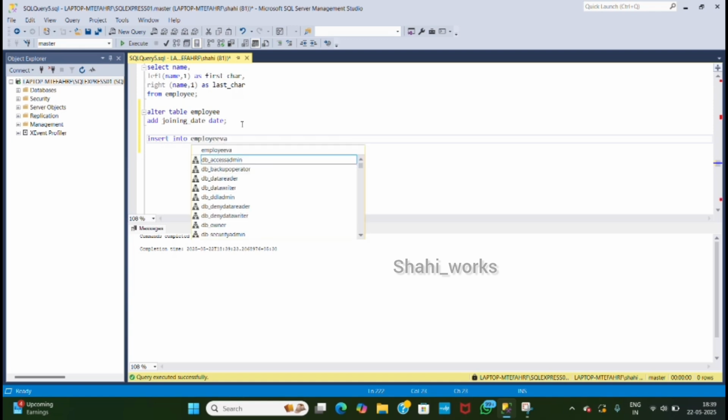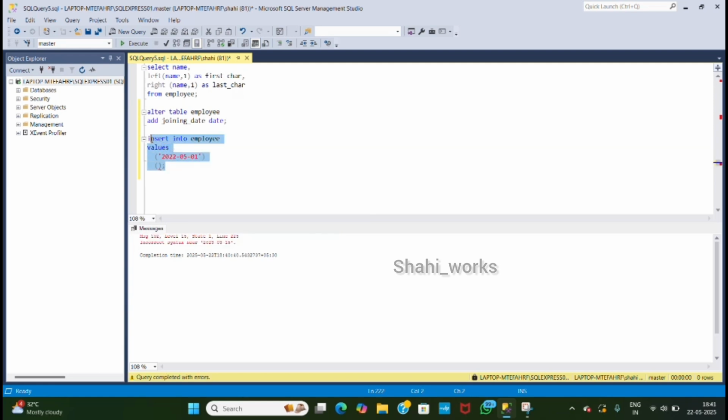Inside that you have to insert some values, right? For your clarification, if you insert values into the table now, it will not take, because you already have a table, you can only update and alter it. So I'm using UPDATE employees. As I have already told, for update there must be a WHERE condition. So here WHERE ID is equal to 1,